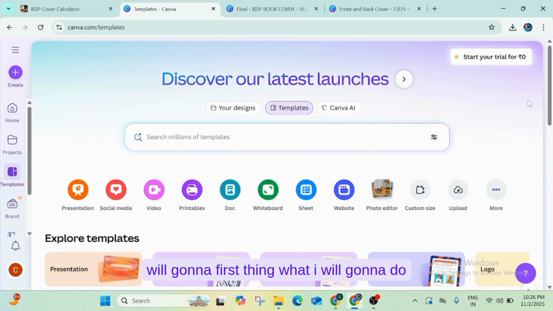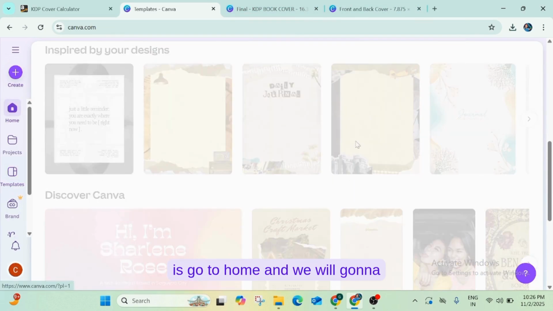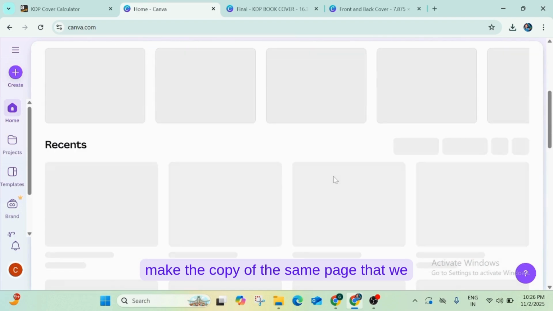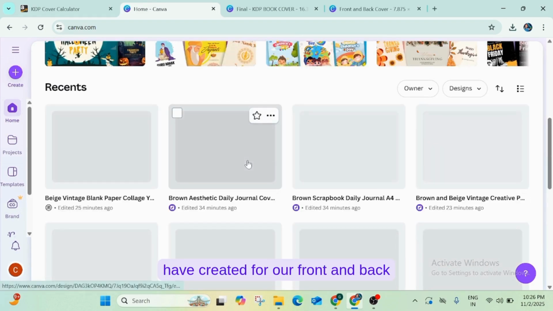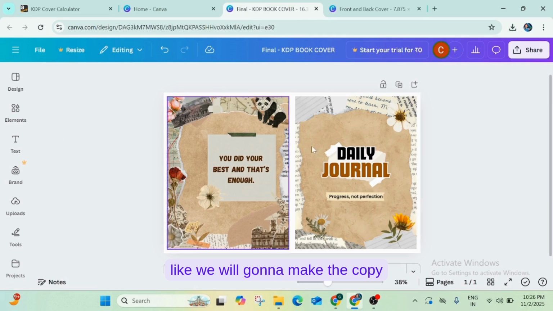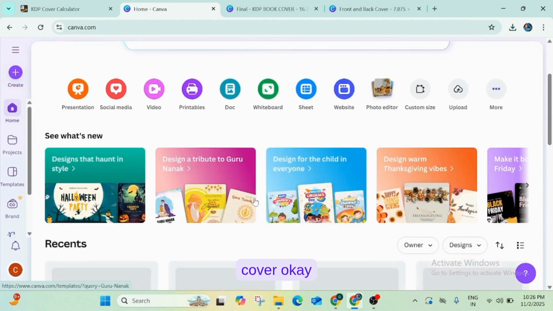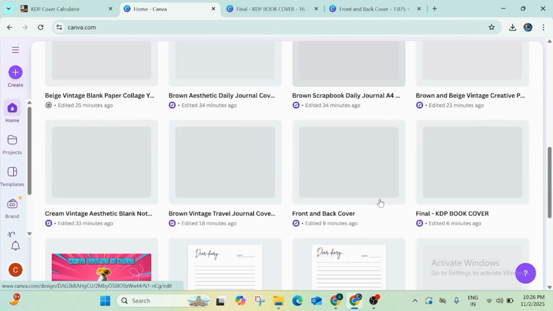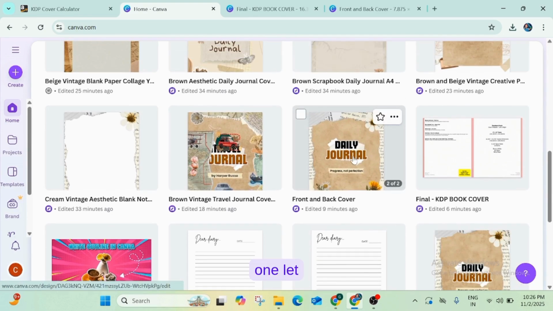The first thing I will do is go to home and make a copy of the same page that we created for our front and back cover.